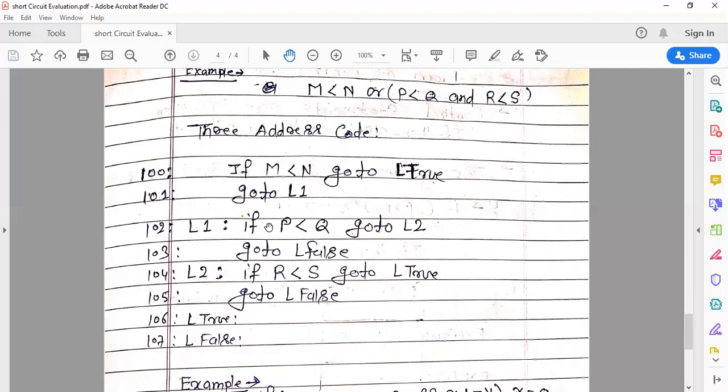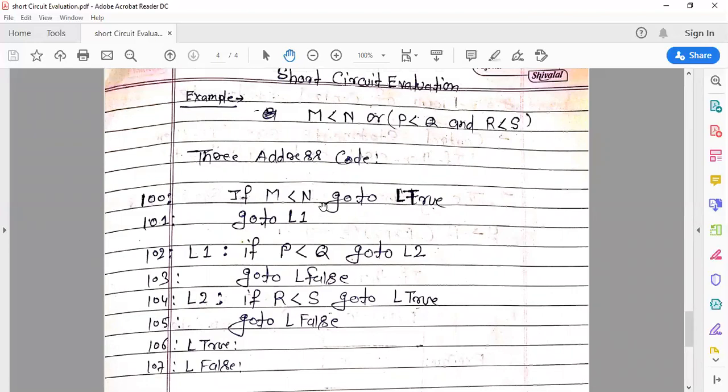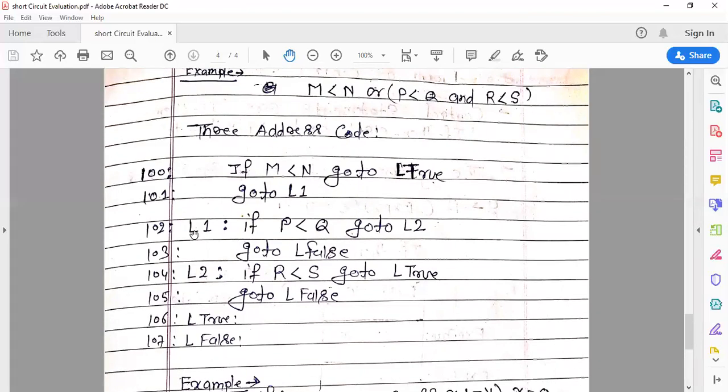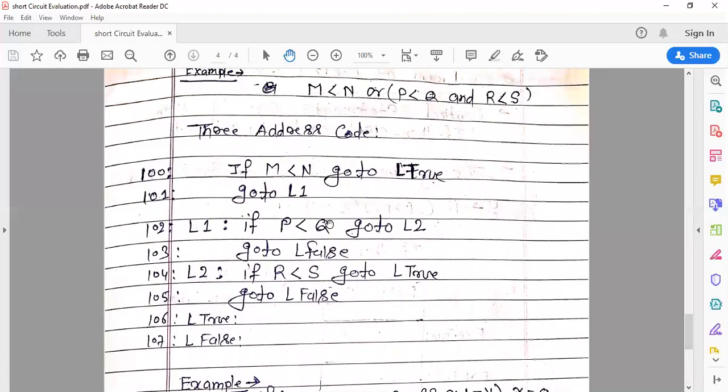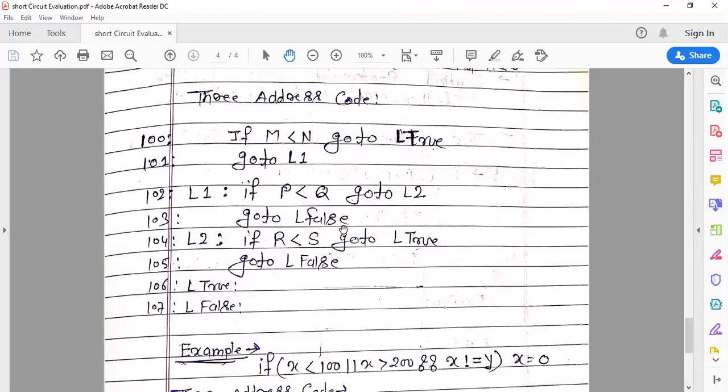So control directly jumps to false, outside this expression. So this is the advantage of short circuit evaluation, and this is the 3 address code for the given Boolean expression. Here I am not using any temporary variable. This is another way of writing the 3 address code for the Boolean expression.